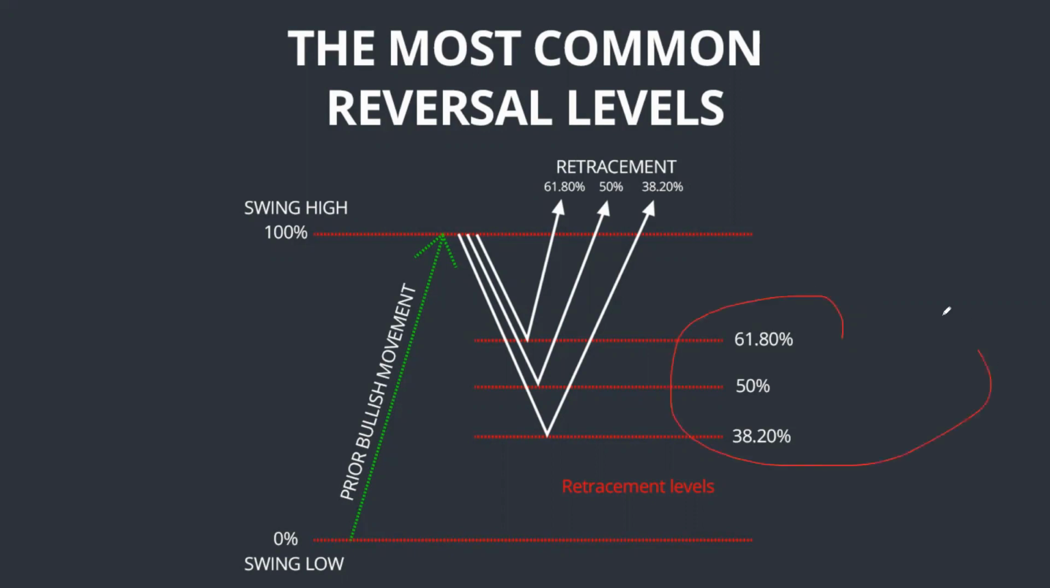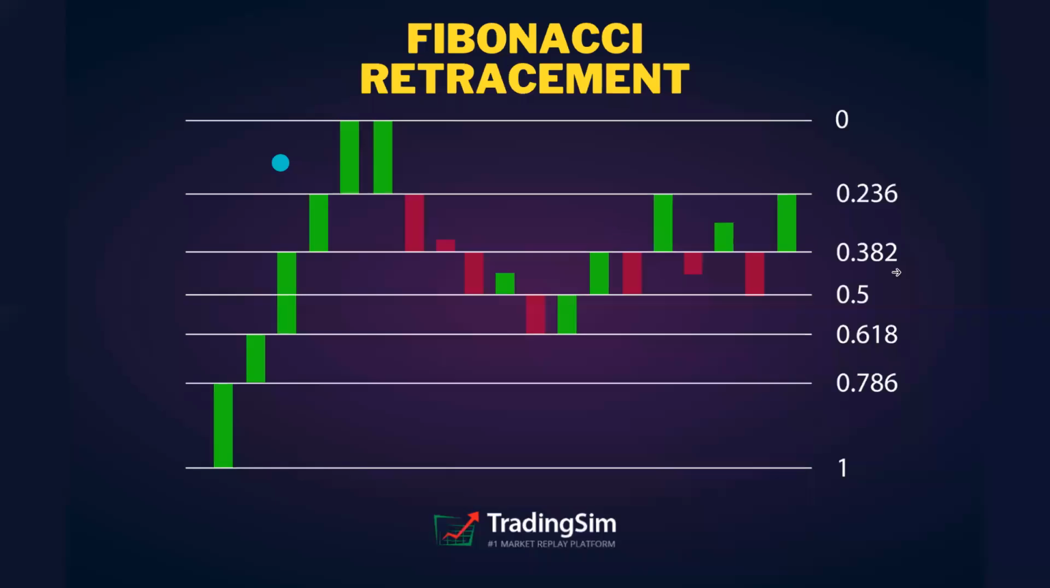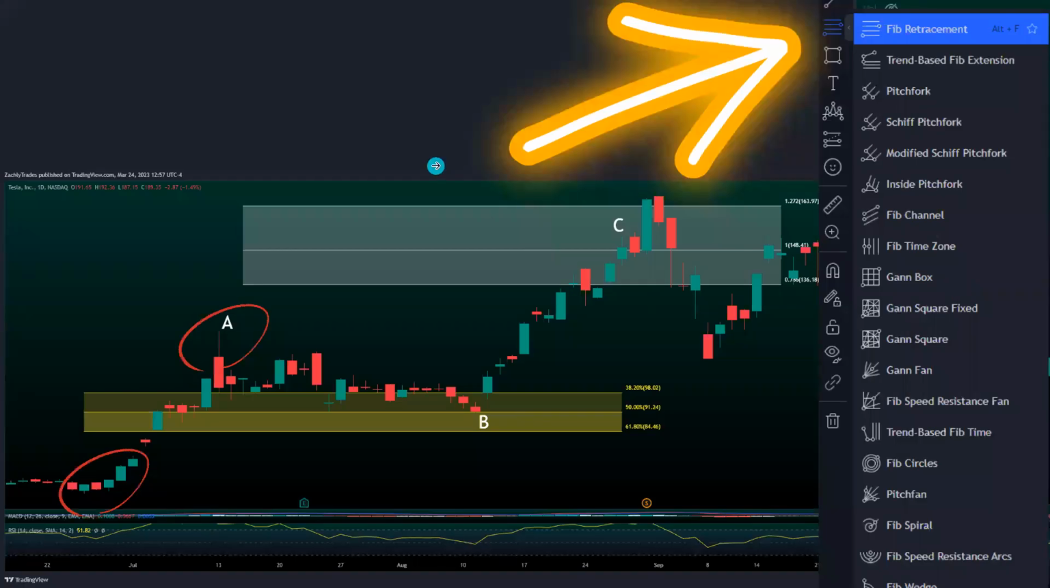So remember the 38.2, 50%, and 61.8% levels. Now, those are the percentages, and these are the decimals, right? So if you just move the decimals over 2 points, that's how you get the percentage, right? So 0.382, 0.5, 0.618. Now, on TradingView, which is a free trading platform that I highly recommend, especially for beginners,